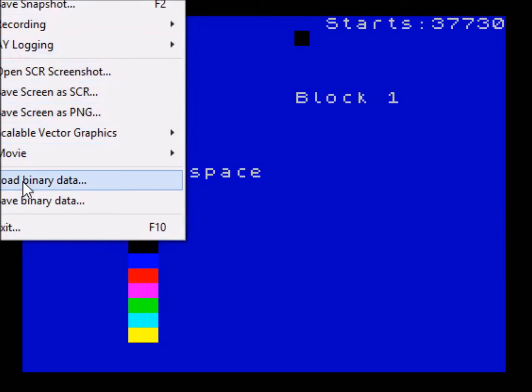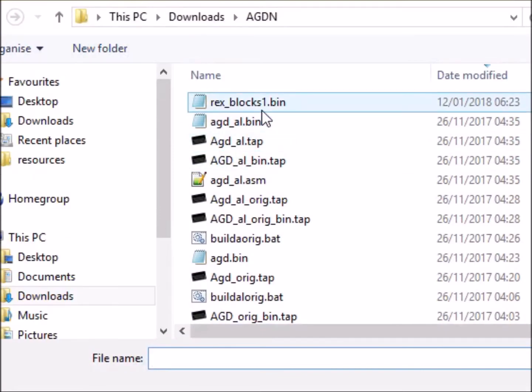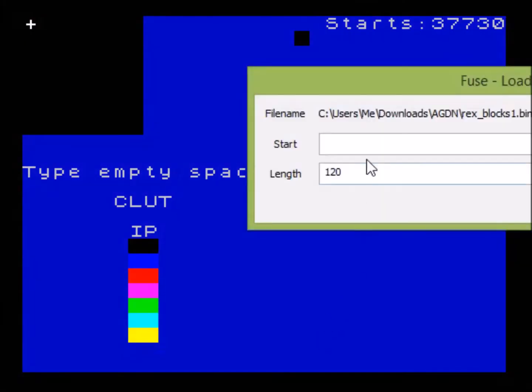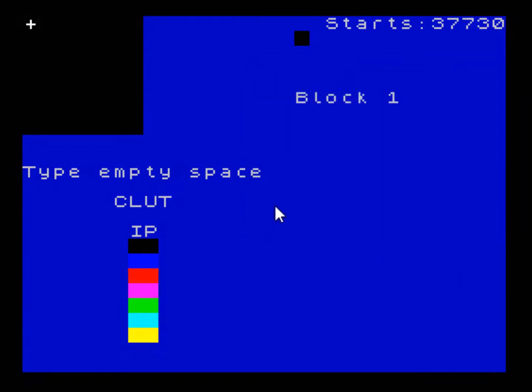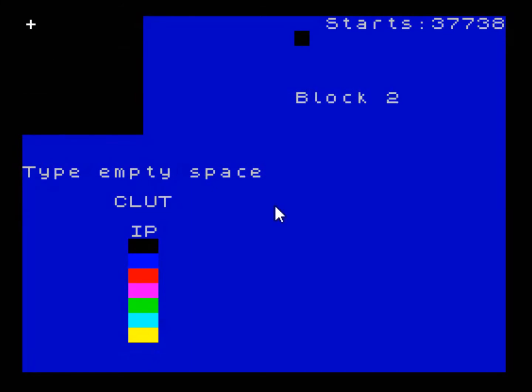And I'll go to load binary data, just like that. I'll go to Rex blocks bin here and just type the number 37730. Press OK, and if I now browse, you'll see that the blocks there have actually loaded in, and you can see there are some blank blocks there which we did anticipate, and so I'll just get rid of those